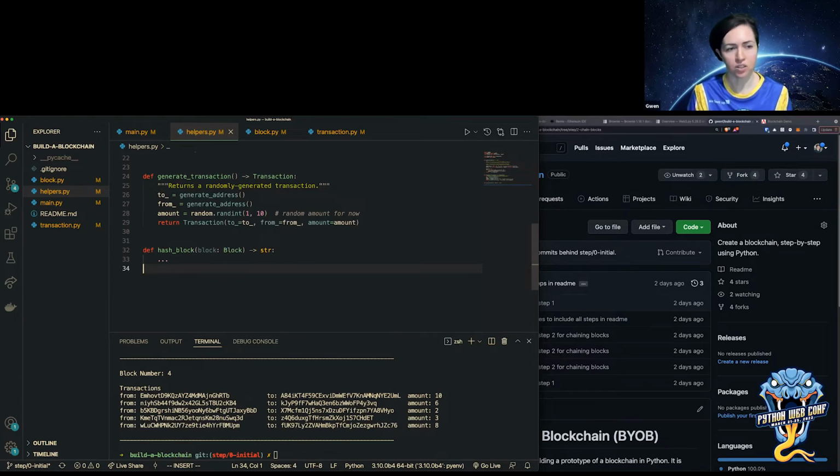Basically, a hashing function can only take one piece of information. So what I'm going to do here is just stringify, or use a string representation of a block, and use that as the information to feed into the hashing function.